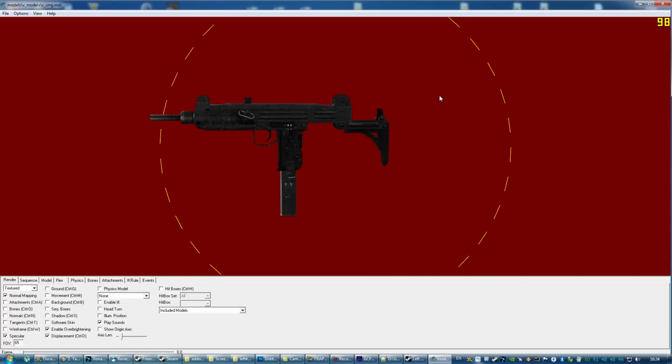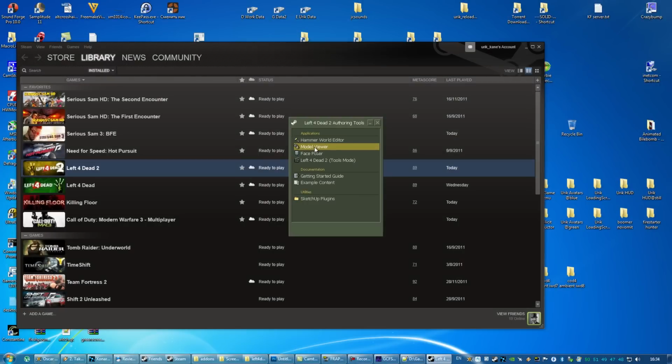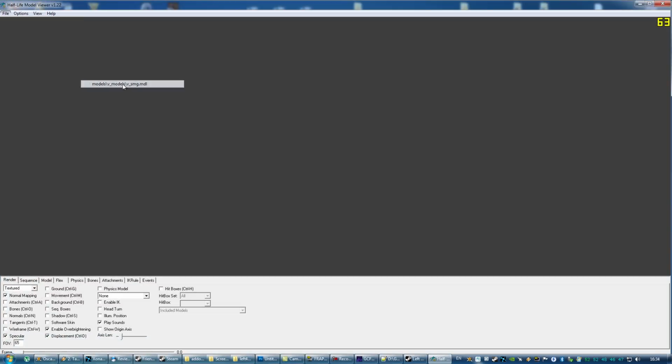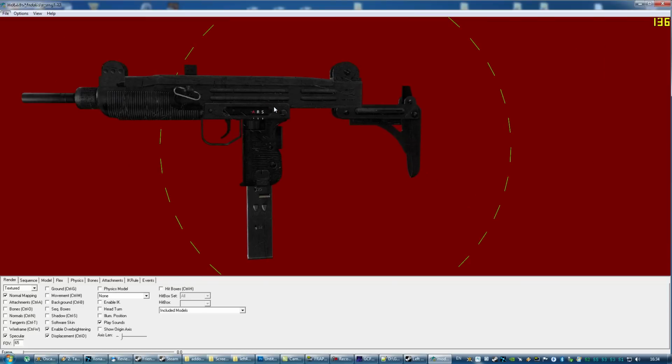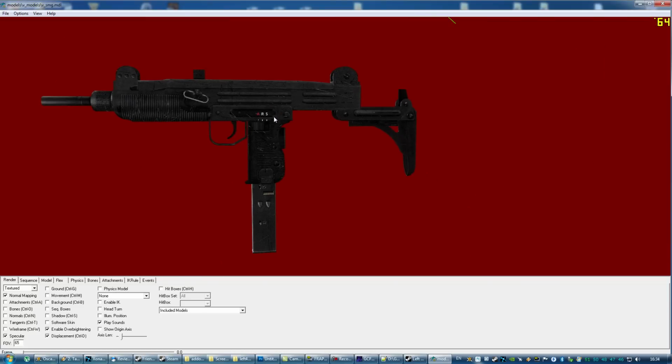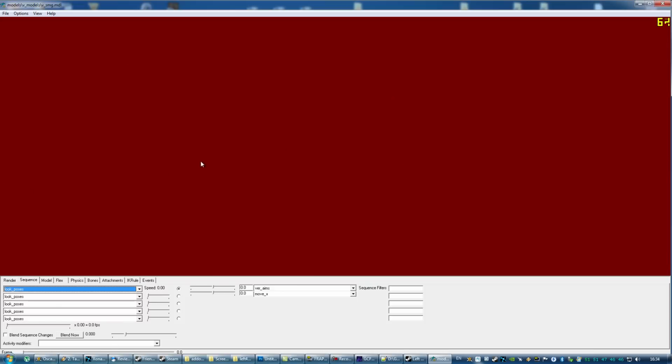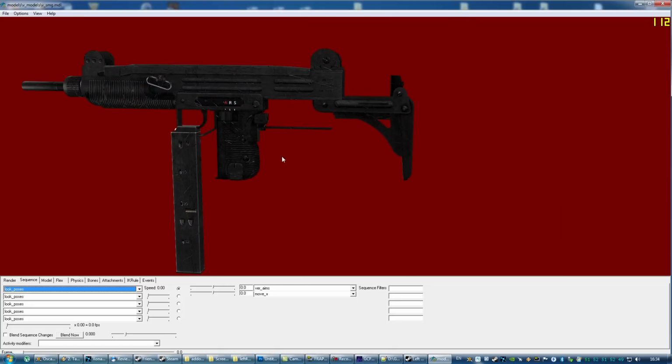Sometimes for some unknown reason, the gun loads up with guiders, like 3 lines in here or in here. If it happens, just close the model viewer, and you can always launch it again. Go to File, Recent Models, SMG, and there it loads again. Now another thing is sometimes it would load up with a different sequence, like look poses, the default sequence, and it would load up some weird combination. See, with a clip